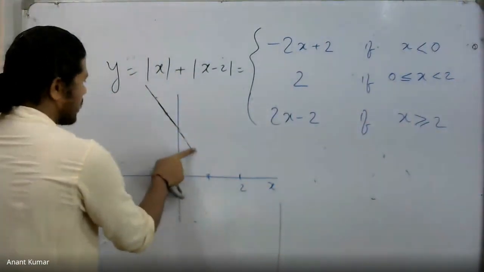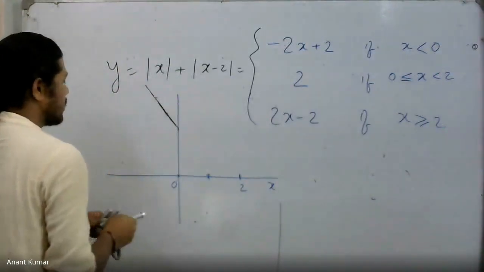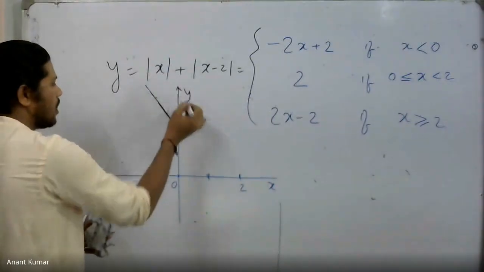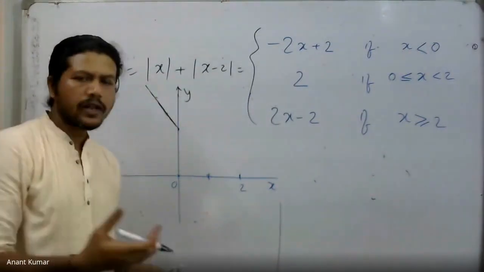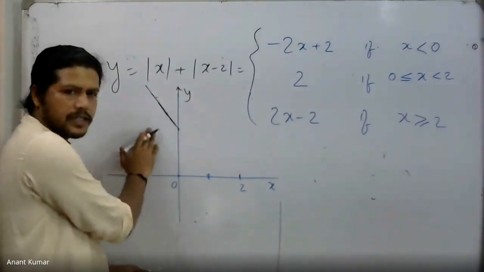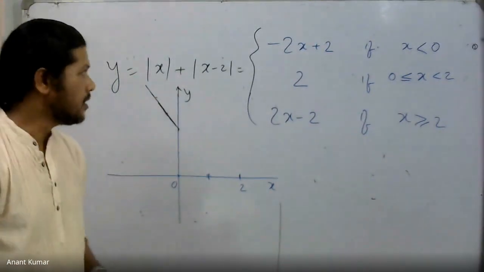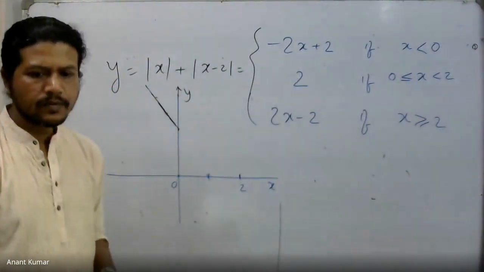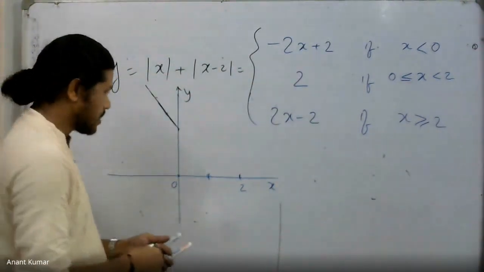Anyway, so I was saying that if I had extended this entire line, it would have passed through the point x equal to 1, but I only require that part which is to the left of the origin. That is why only this part remains. This is simply the part of the line y equal to minus 2x plus 2, which I have drawn. Yes, it is like a basket.